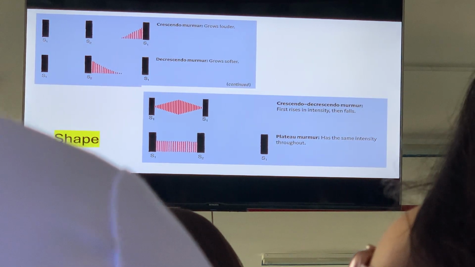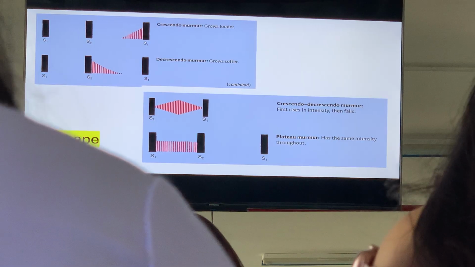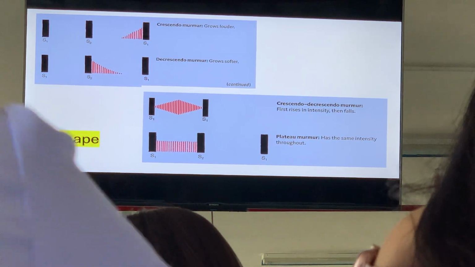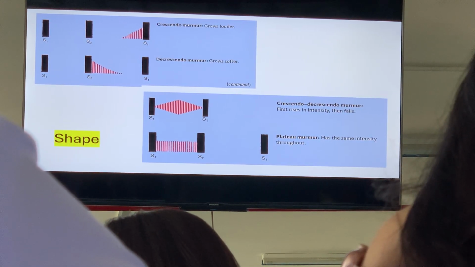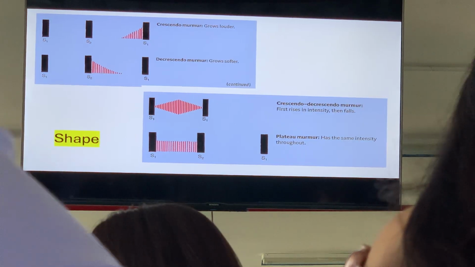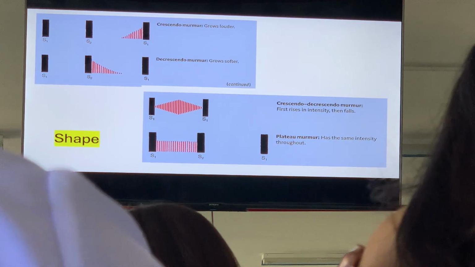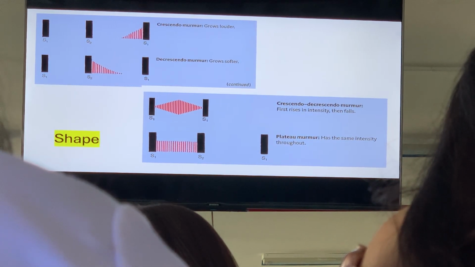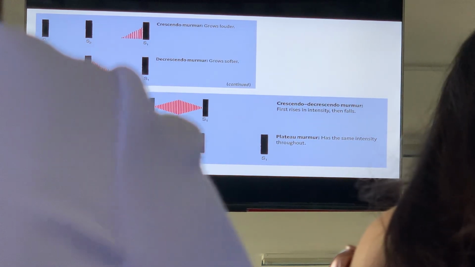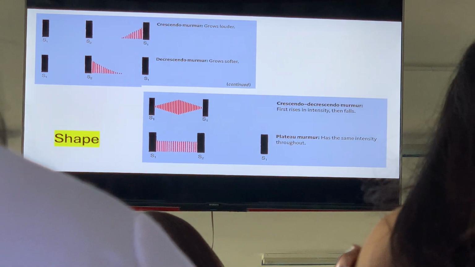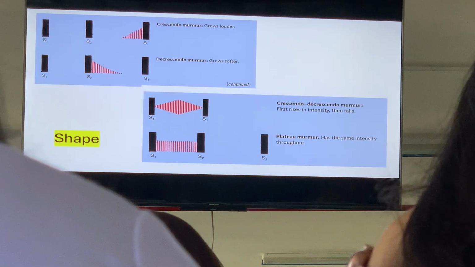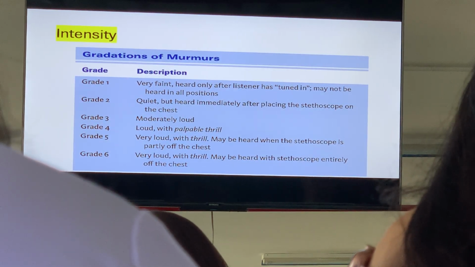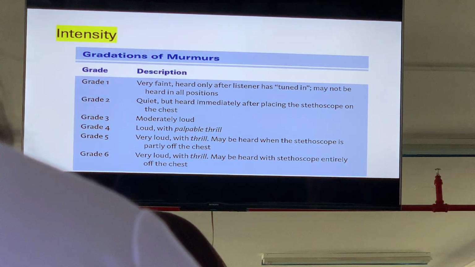We also have different shapes of a murmur. When you hear a murmur where the volume increases, that's a crescendo. If it starts out strong and lowers down, that's decrescendo. If it starts soft, then it peaks, and then tapers down, that's crescendo-decrescendo. However, if it's constant all throughout, that's a plateau kind of murmur. Okay? So, if there's anything about murmurs, this one you have to remember.